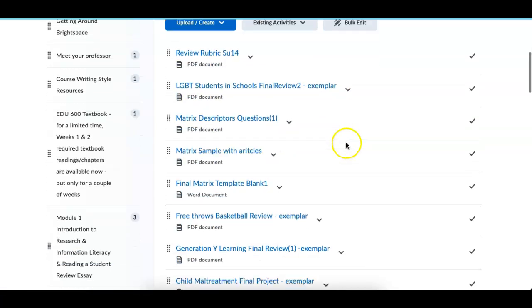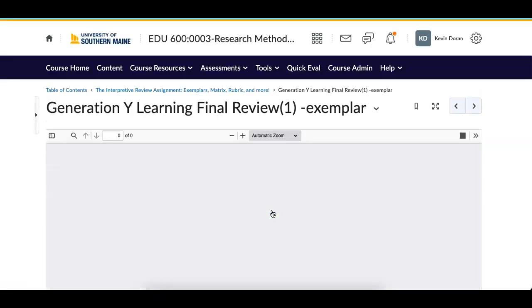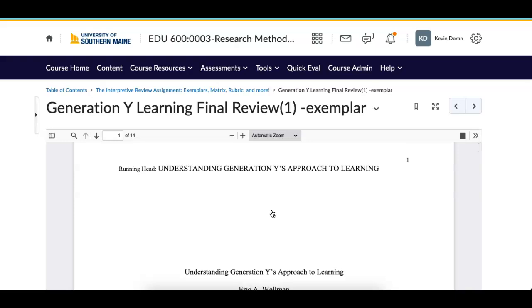Here's an exemplar, here's an exemplar, Gen Y exemplar. I'll click on that. And for those that are still struggling with what am I going to do, you can take a look at some of these exemplary papers that I put in here.